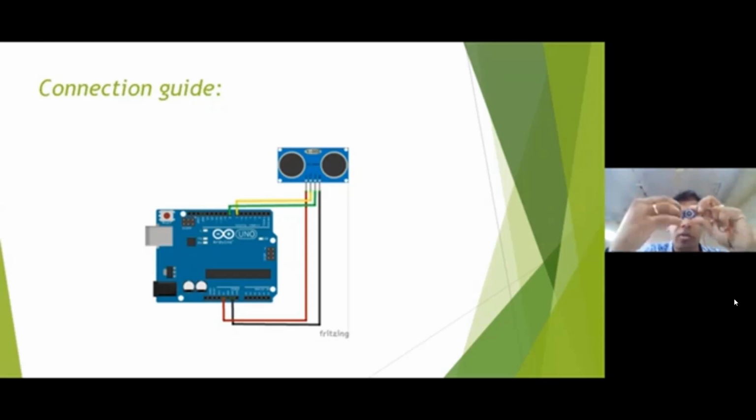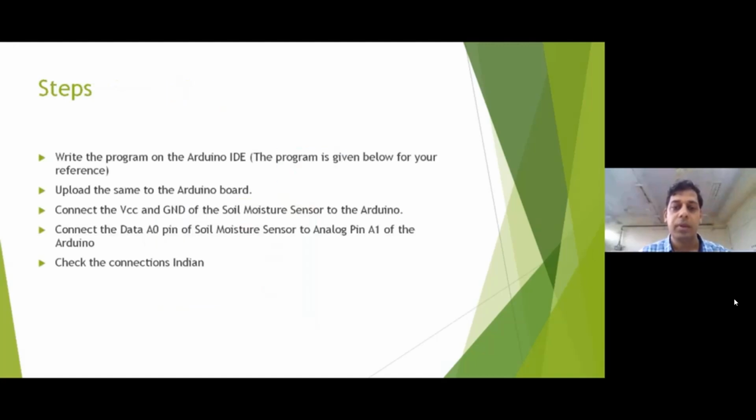There are two circles on your sensor. One is to apply the trigger, and another one is to receive that particular trigger after it reflects off the object. So one pin is echo, one is trigger. Based on the time in between, you can calculate the distance to the object. Again, this is a 4 pin sensor: one is for trigger, one is for echo, one is for VCC, and one is for ground. Based on that, you can clearly calculate the value.